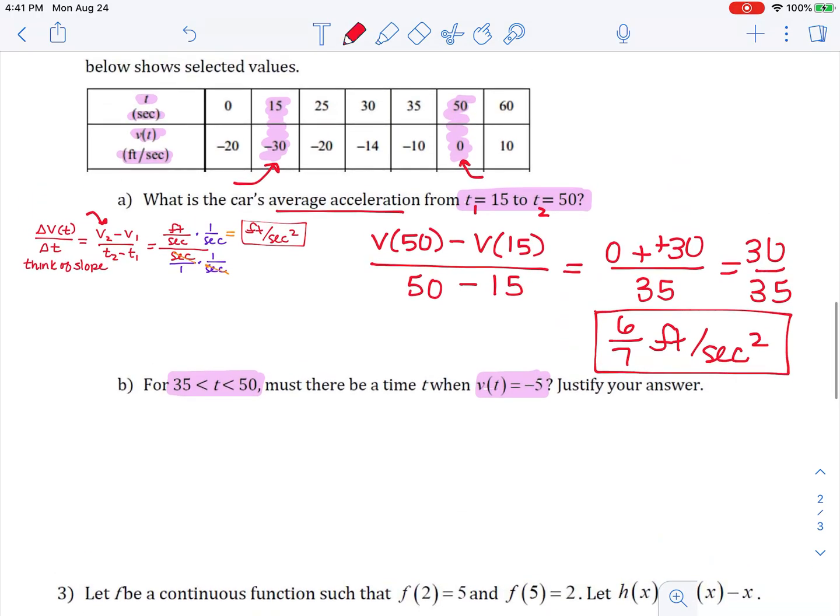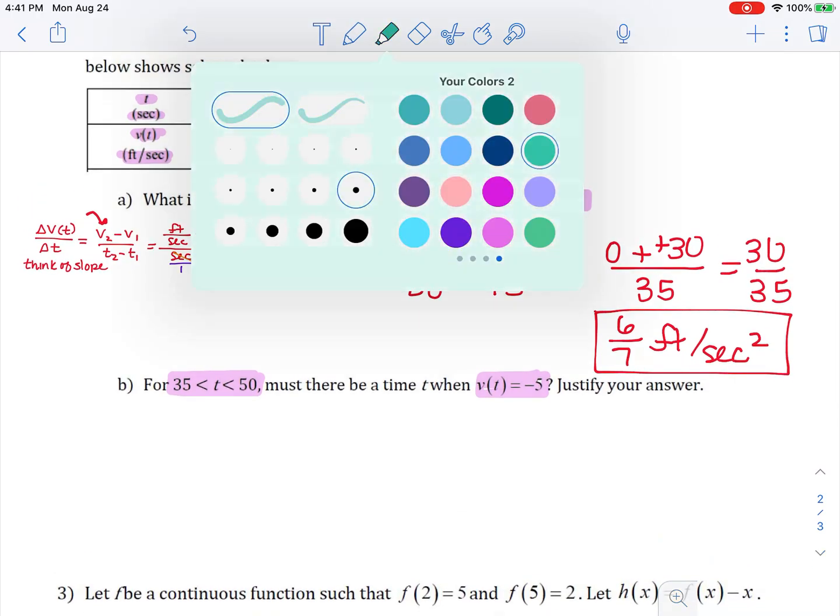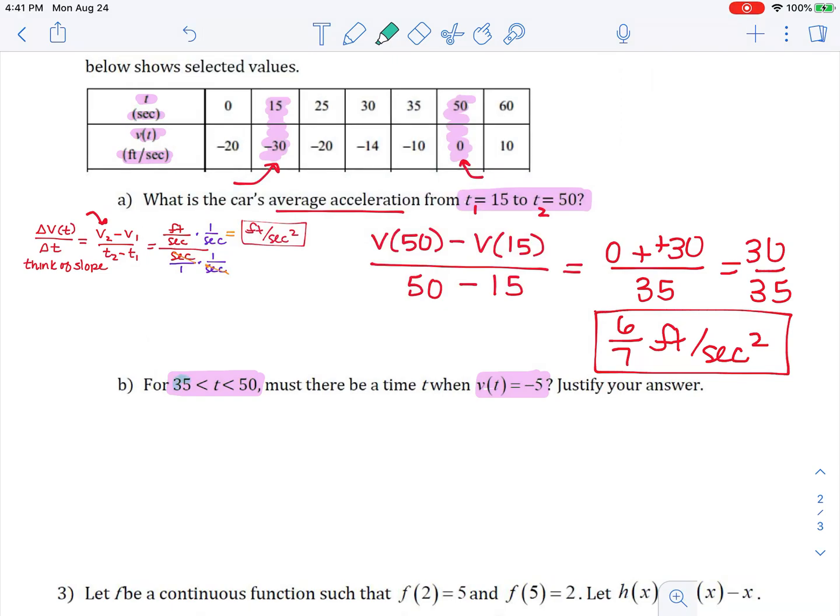Well, let's take a look. So we are probably looking at, I'm going to switch colors, time 35, and we are probably looking at time 50. So let's go to that chart. Time 35 is here, time 50 is here. So when I look there,